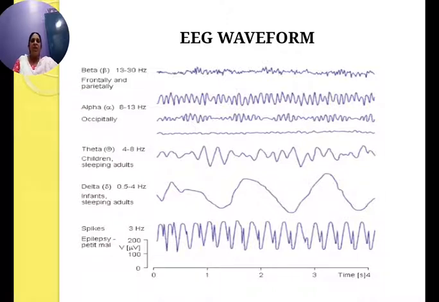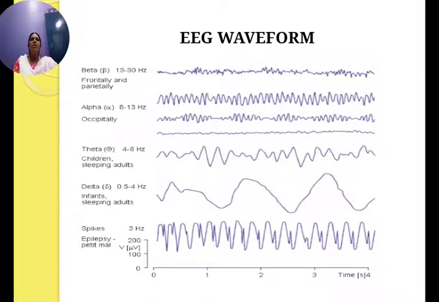This is the EEG waveform pattern which you can observe. Here you can see the waveforms, how they are being generated. First, the delta region, which is 0.5 to 4 Hertz, has a specific waveform with a broad wave pattern. This is the case in infants, small babies, and sleeping adults. They produce this type of EEG waveform.